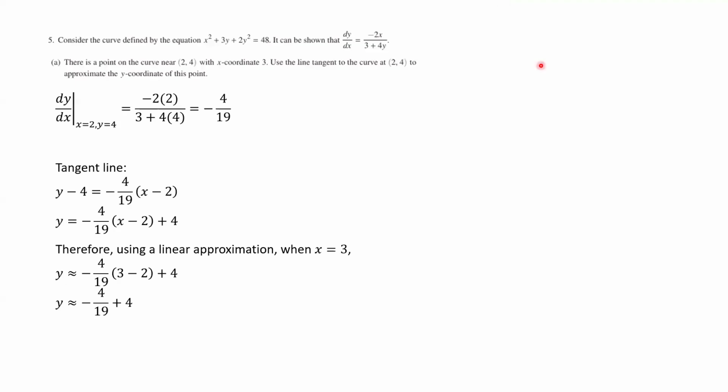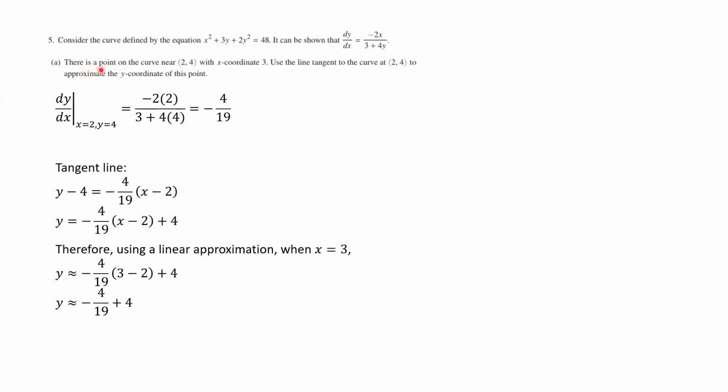This is free response question number 5 on the 2024 AP Calc AB exam. Okay, so they gave us this curve defined by x squared plus 3y plus 2y squared equals 48. And then they say it can be shown that dy/dx is minus 2x over 3 plus 4y. Okay, so now, first part says,